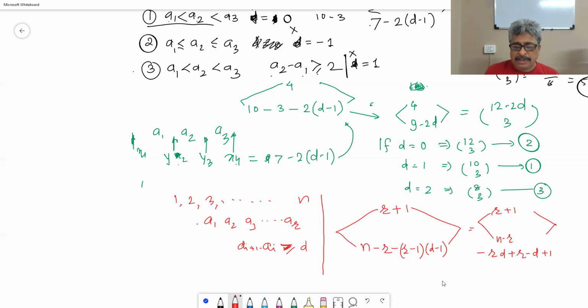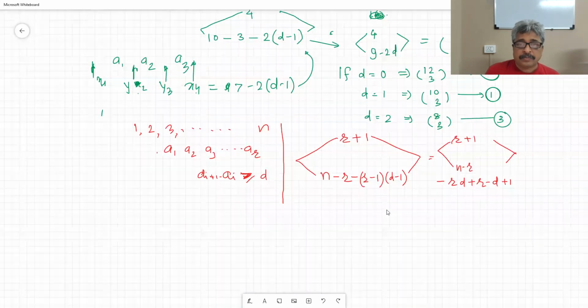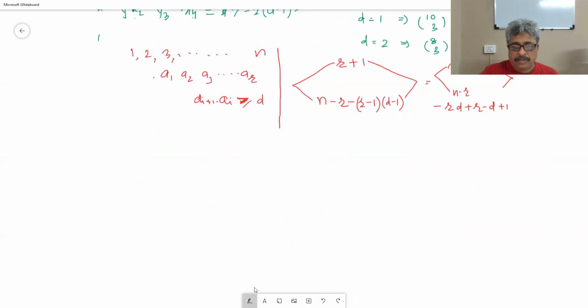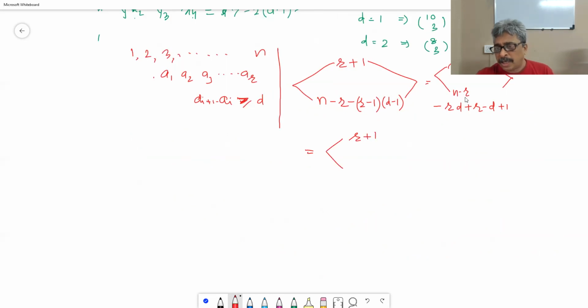Okay, that means, let us do it further, is equal to R plus 1 elbow, I think R and R get cancelled, n minus RD minus D plus 1. You cross-check whether I am making a mistake or not. And if I get into the choose notation, it will be R plus n minus RD minus D plus 1 choose R.